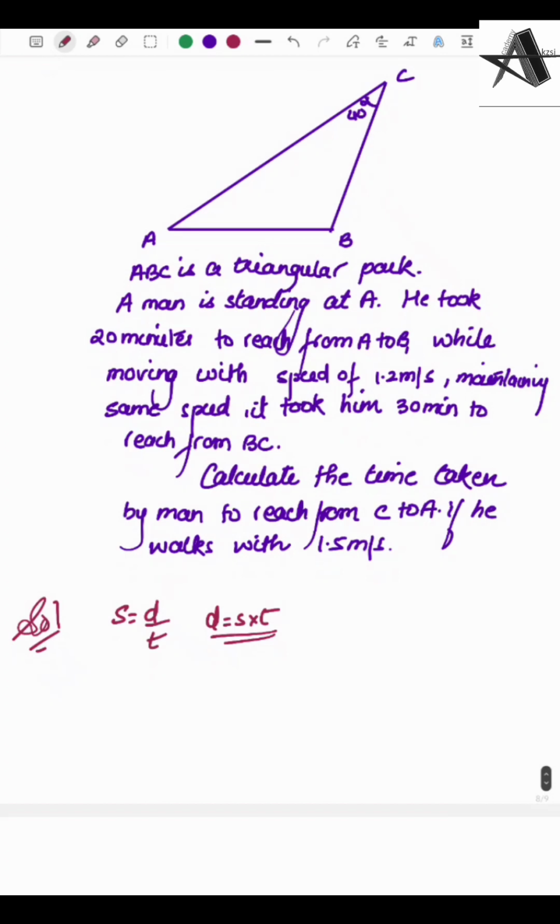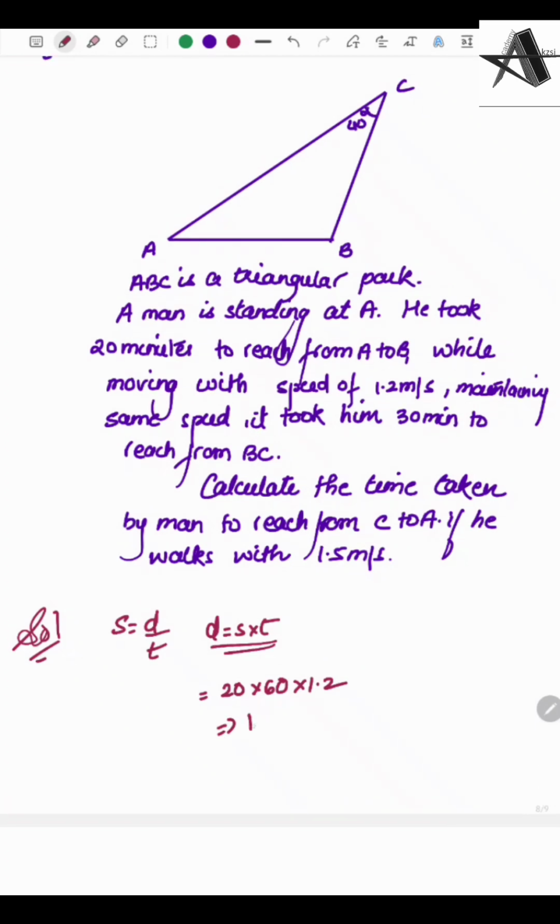So while moving with a speed of 1.2, let me calculate the distance of AB first. So distance, 20 minutes is the time. Let me convert it into seconds because speed is in meters per second. So 20 into 60 into 1.2. That will give me the answer as